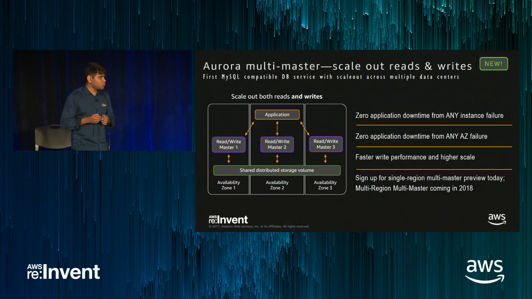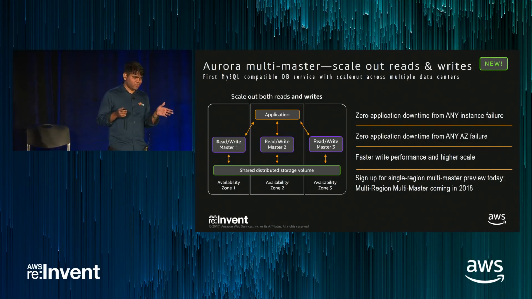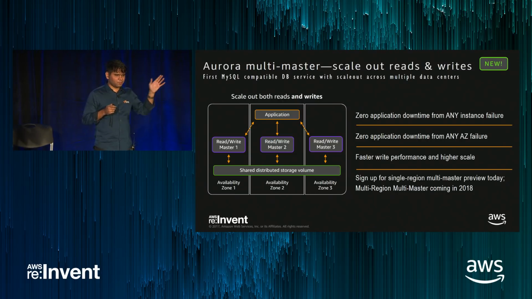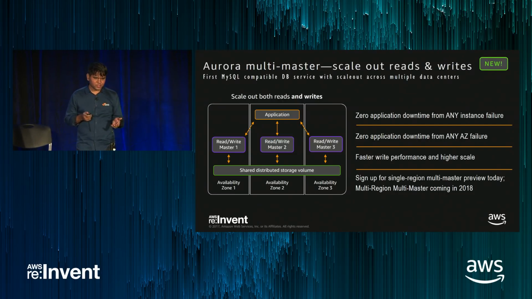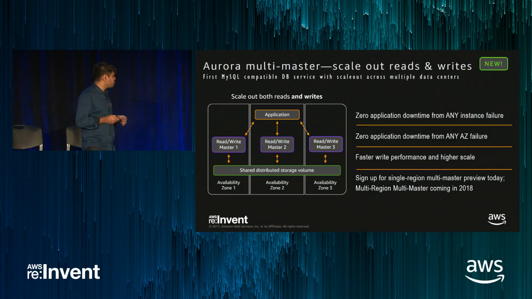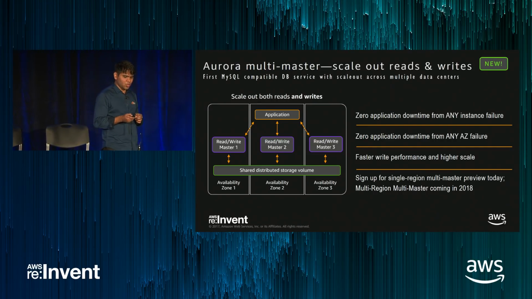So we today announced the Aurora multi-master service. It has write nodes in all AZs, and you can write to any of the nodes. In 2018, we will also be coming out with multi-master Aurora across regions. So that's going to be pretty cool for you. That's a lot of engineering work. Generally, you will find it difficult to do it yourself, but there are AWS engineers that are going to do it for you. It will be available in 2018. So should you consider that architecture, this is a service that will help you a lot.